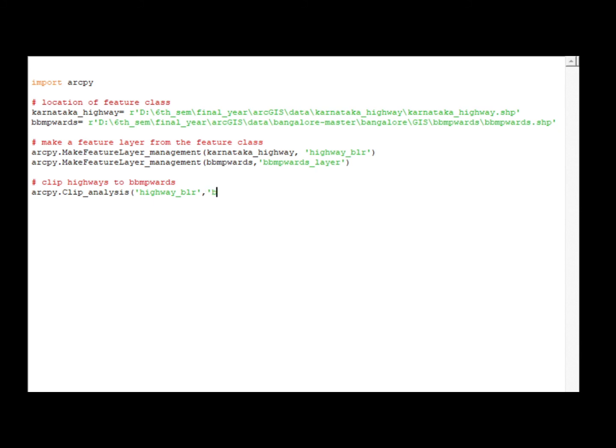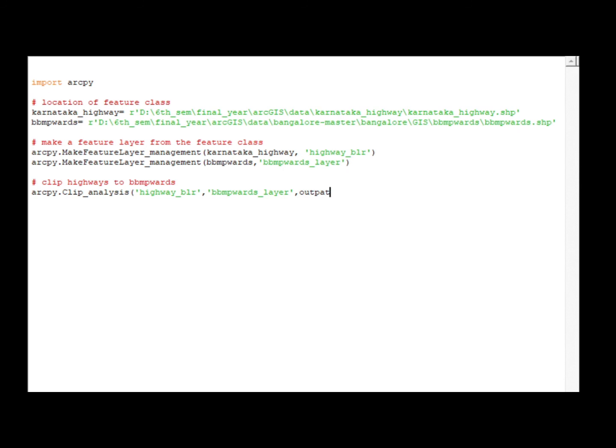The clip feature here is BBMP wards, and the last parameter is output feature class. Here it requires a name, or more precisely, the path where you would output your feature class.